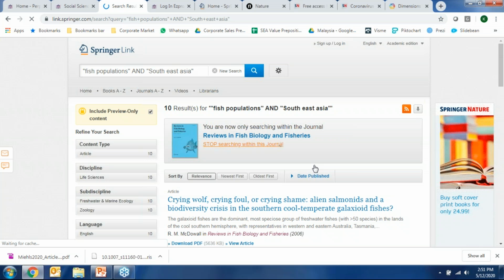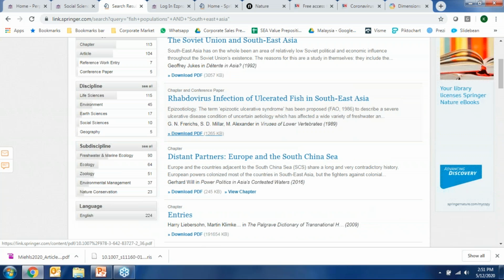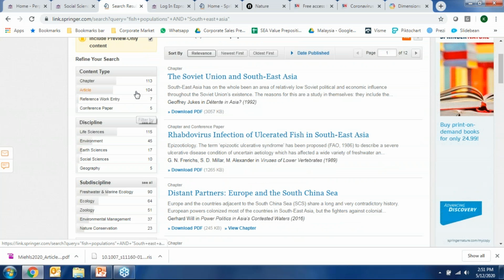So by doing so, in the very beginning, from the front page, if I had used the search bar, if I keyed in these terms, I would have arrived at 224 different articles. But what we will then see is that if you look at the filter function on the left-hand side, you can see that the article count versus the chapter count is quite different. You're not necessarily only going to be able to see individual journal articles. You're going to see chapters from different books that are also touching the topic. You will also see articles or books, journals or books that are involved in the area of, for example, history and philosophy, which again may or may not be relevant to what you're looking for.